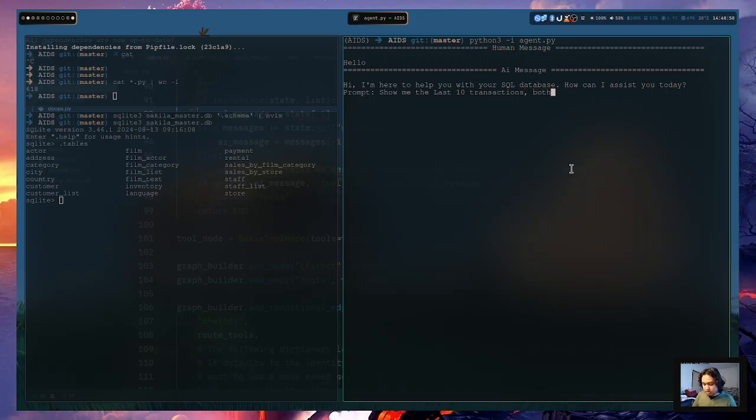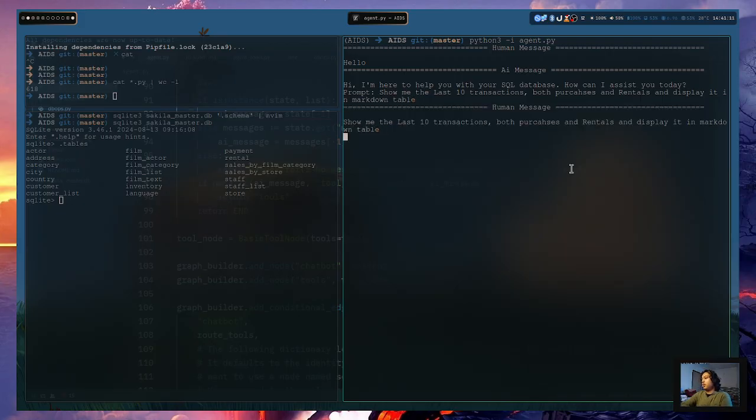both purchases and rentals, and display it in a markdown table, and here we go. Usually the AI just asks for consent, like should I do this or that.